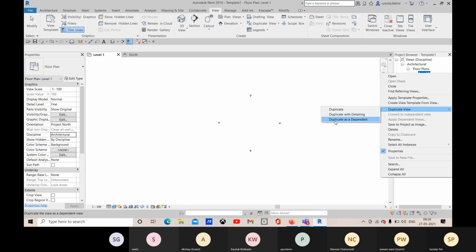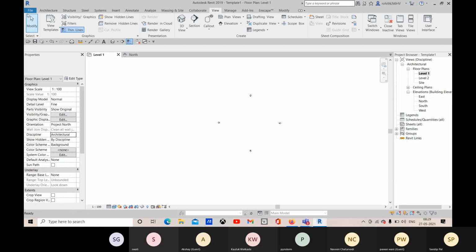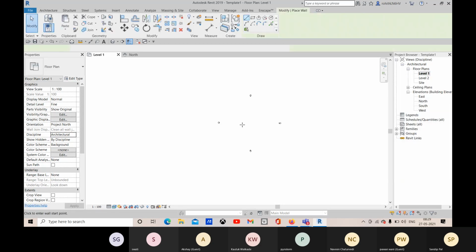And if you create a duplicate as dependent, it will be part of this view. Let me show you. If I choose duplicate, it will create a separate view by duplicating all the model elements. So right now, let me just place one wall